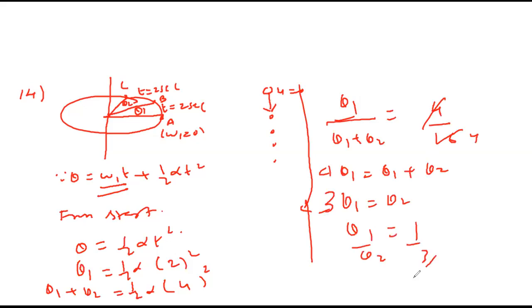This is a very important sum. Generally we may take half. Understood first how I did? I took both the cases from the start, so that omega 1 will be 0. So the solution will then be directly theta 1 upon theta 1 plus theta 2 is t1 upon t1 plus t2 the whole square, where t1 is 2 and t1 plus t2 is 4.